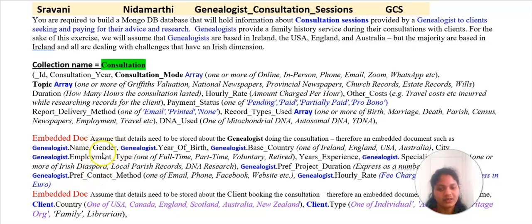We can clearly see that the database also contains array fields such as the consultation mode, record types used and the genealogist specialization. These arrays are very important because one consultation can involve multiple topics, multiple consultation modes and multiple record types. Going further, to import the database into the Mongo shell, first we need to prepare the data